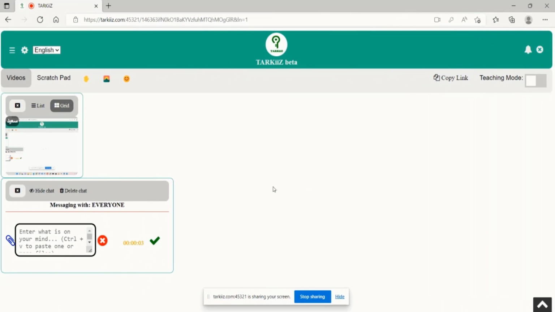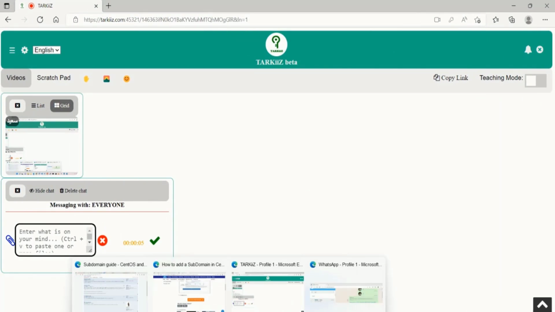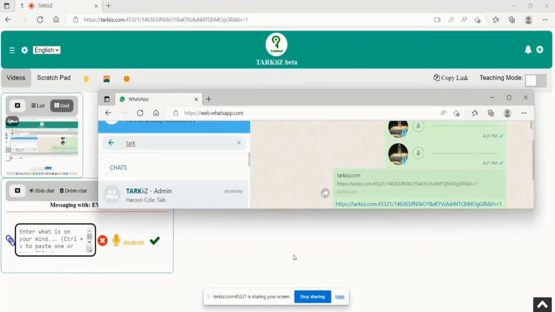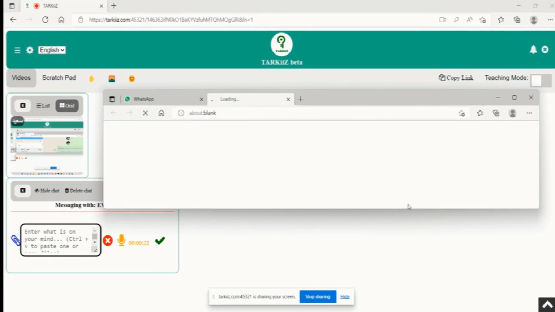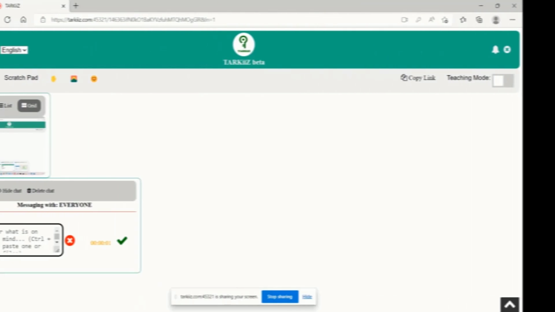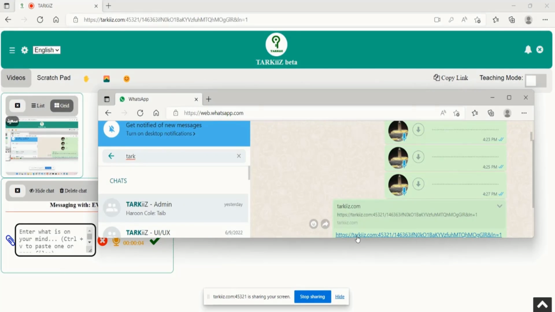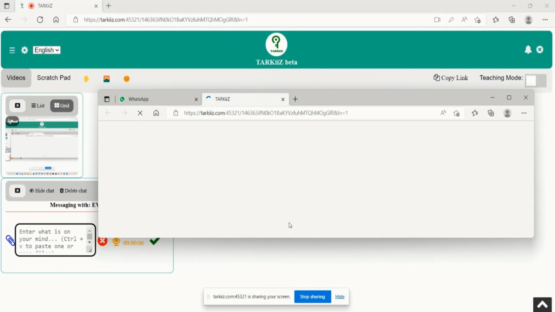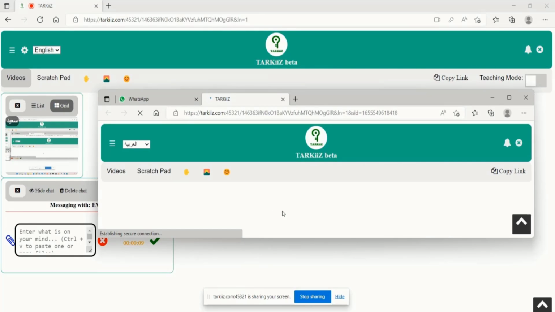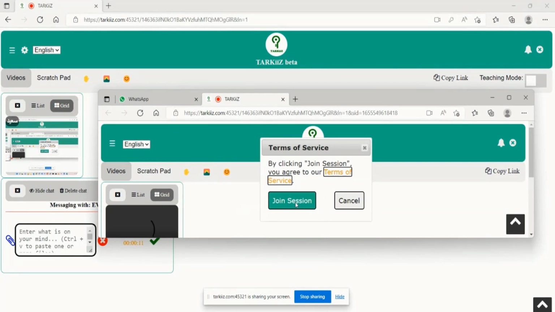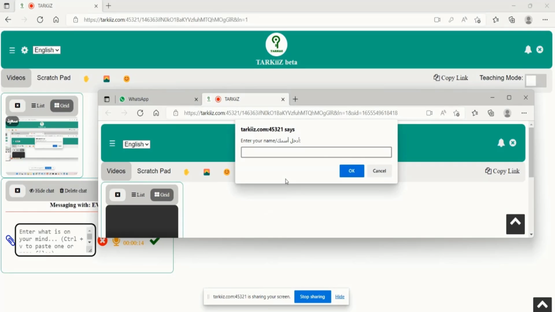Besides the QR code, another way for someone to join your session is via a link that you send to him or her. Rather than having to go to a web page and enter a meeting ID, then click a Join Meeting button, all you have to do to join a TARKiiZ session is to click on a link that a host previously sent to you. Once an intended participant clicks on a link, and accepts the terms of service and enters his name,